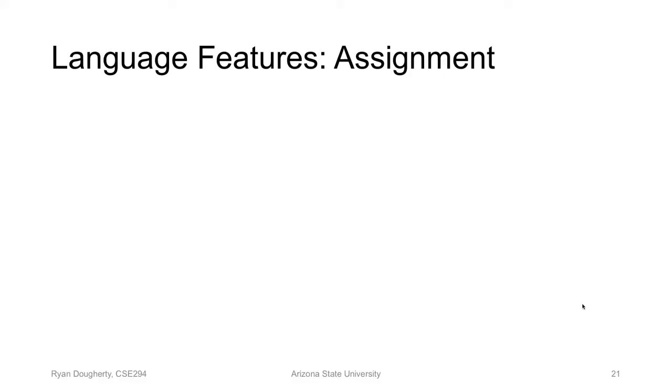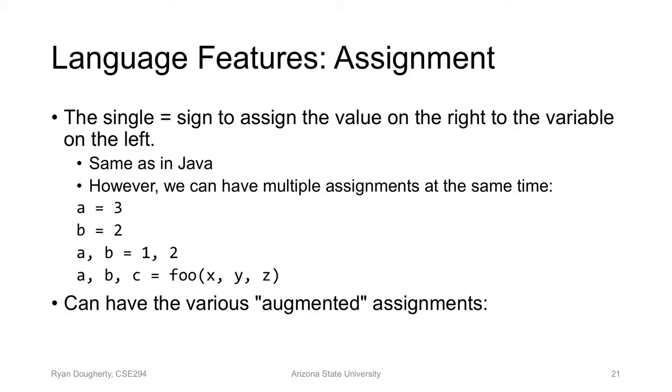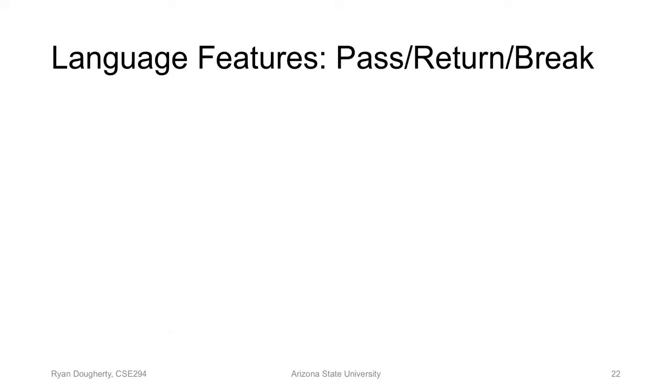Okay. So we covered those, but we have the augmented assignments. Like instead of doing a equals a plus 5, what you usually do, like in for loops with Java or some other context, is just doing those 2 operations all at once. So plus equals, minus equals, times equals, all those. Also, exponentiation works here, but you can basically put both of those operations together all at once. Okay? Just as you would expect from some other language. Okay, so